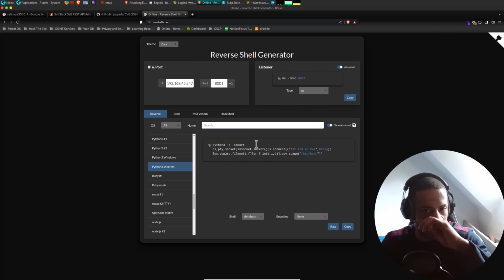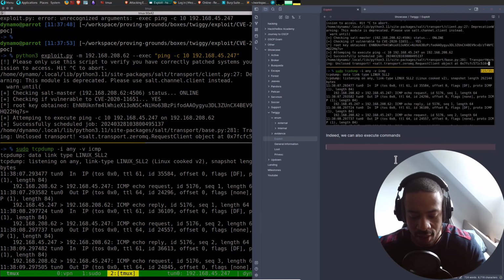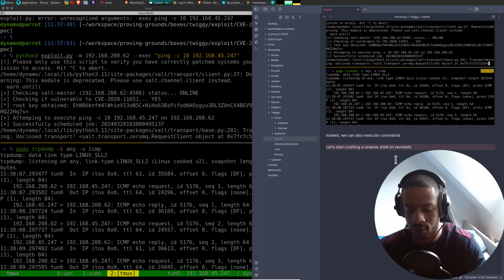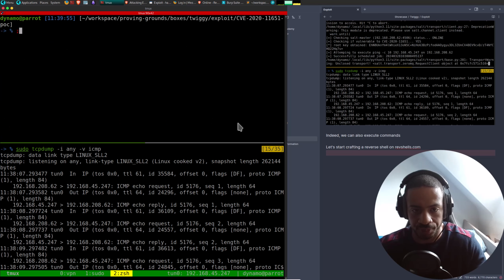What else are we going to do? Okay, so let me also explain this. Let's start crafting a reverse shell on RevShells. Okay, so what I'm also going to do is the following.